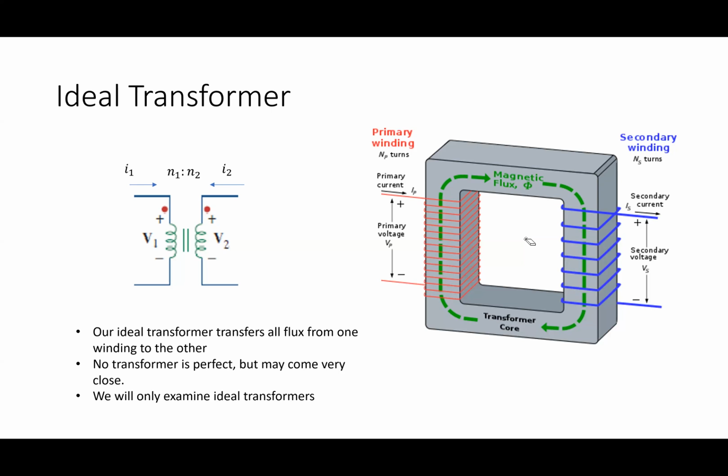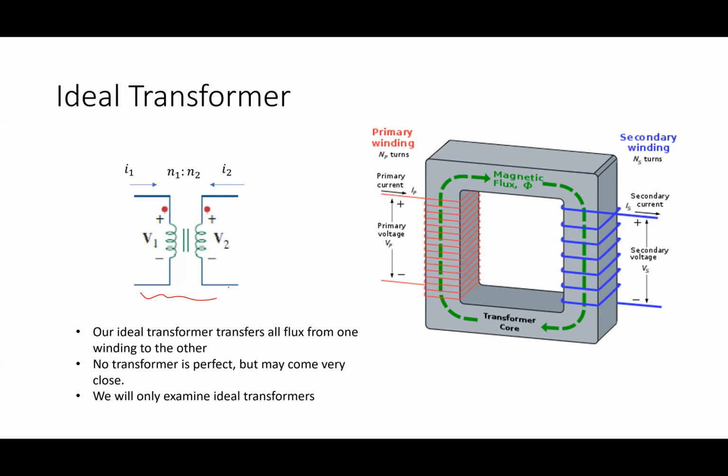It's usually like 1% of the main flux that goes through the other coil. So essentially I draw this guy here. This is our circuit model for the ideal transformer. We will only look at these. Key thing is this. When I look at that transformer, there's a couple of things that are denoted there. Currents are shown: a current I1 and a current I2. And there's a voltage V1, voltage V2. And there's these dots. So we got to talk about what the dots mean for us. In looking at this thing, there also has this N1 and N2.